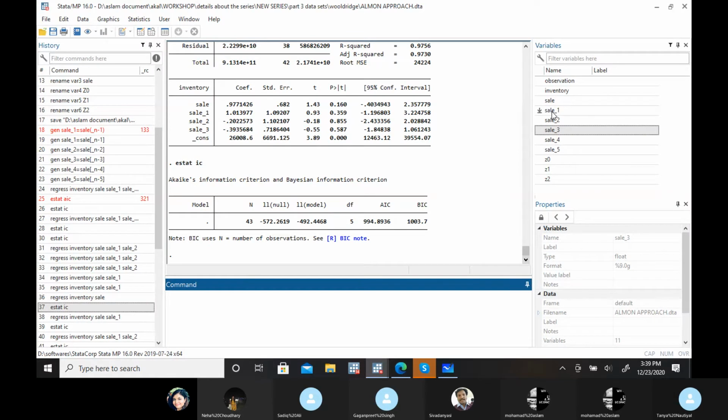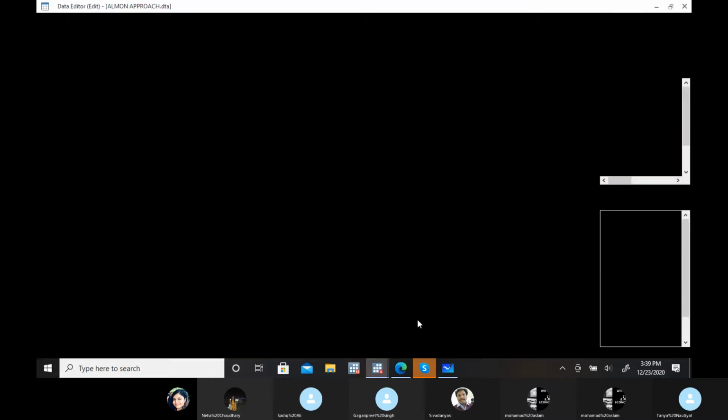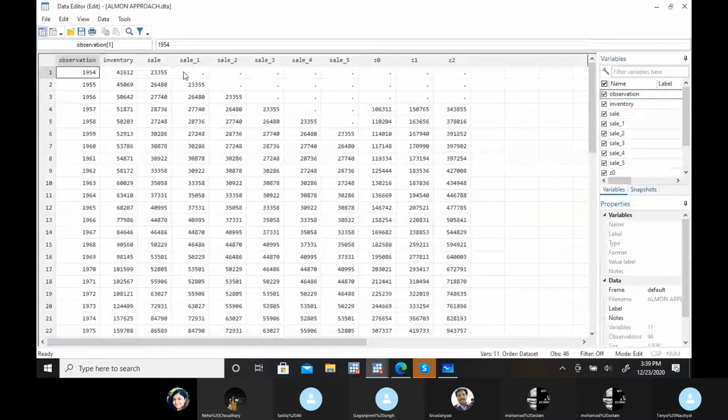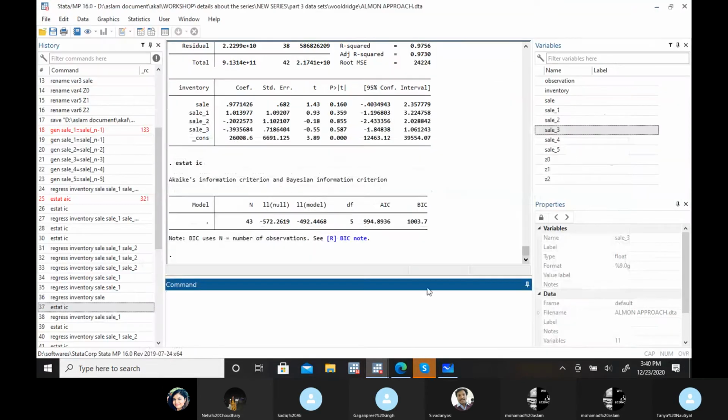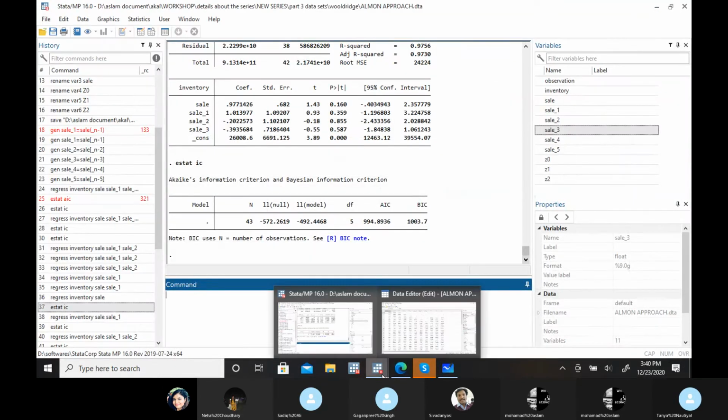So definitely they need to be highly correlated, because the difference in these lag values is that in the first, the series starts from here, in the second it starts from here, but all the values are the same, right? So there may be high multicollinearity, and you have to deal with that.